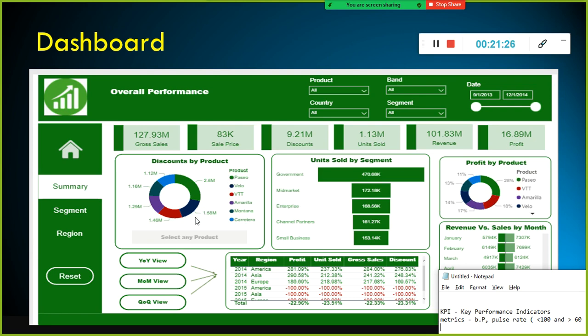Now let us look at this product. This is the Velo product, at 1.58 million. This is the discount given, but this discount is lesser than this one. And this product VTT's discount is much lesser than this one. But surprisingly, though the discount given for VTT is lower, the profitability is more compared to this one.